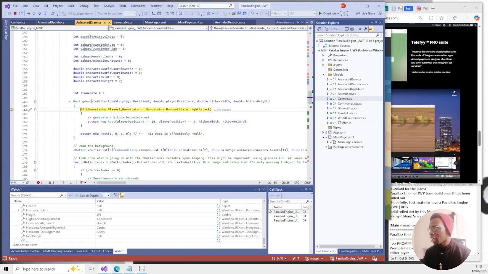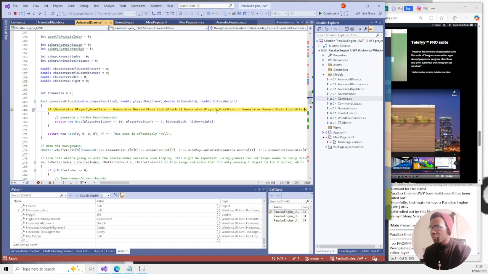So in this function I have generate hitbox and I have a check here. The move state is not light attack, it's idle, because I didn't anticipate drawing my hitbox outside of just light attack being enabled. So I'm gonna do an OR operation. So if my game state is light attack, or if my game state is idle, or rather my character move state is idle,